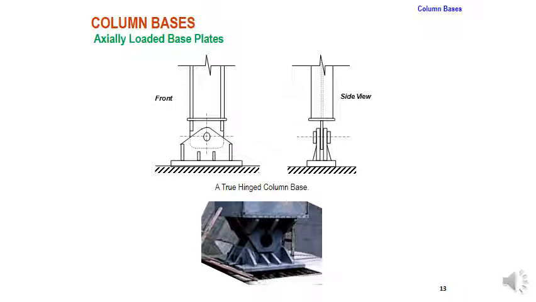Here is a simple figure where the true hinge column base is given. Wherever the axially loaded base plates are there, we are going to consider our connection from the column to the base plate as a hinge. So for the hinge, you can provide a true hinge over here. This true hinge is going to have a mechanism in which the plates are there, and you can provide a proper connecting element, and it will be connected in that particular way. So you can see over here, this is again the next, here plates are provided, here angles are provided, and you can connect it.